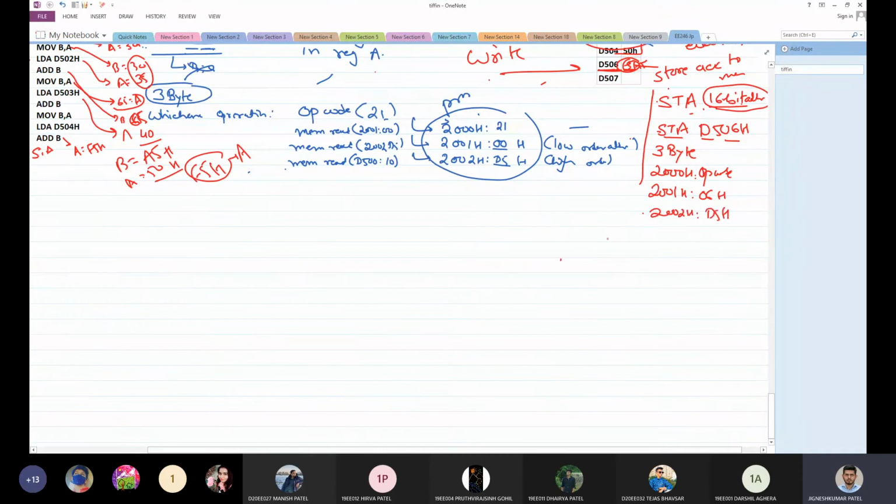Now what will be the operations performed? The first operation would be opcode fetch. Whatever the opcode is, I am not going into it. What would be the next cycle?